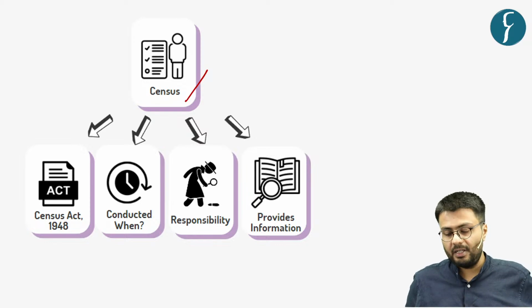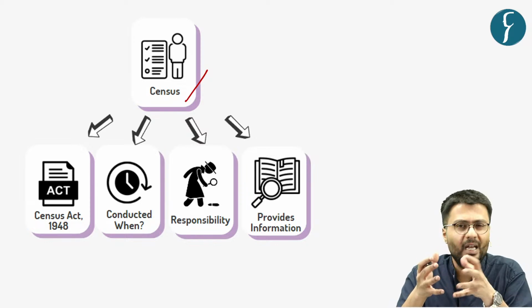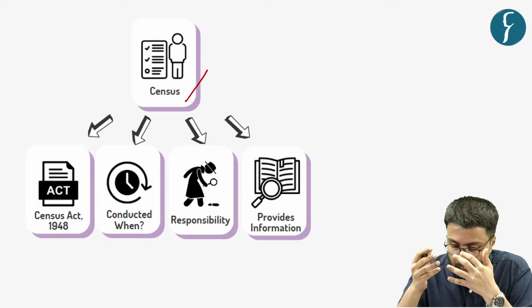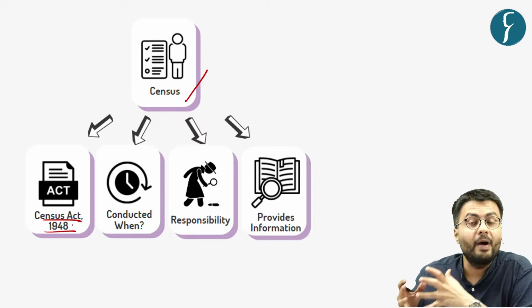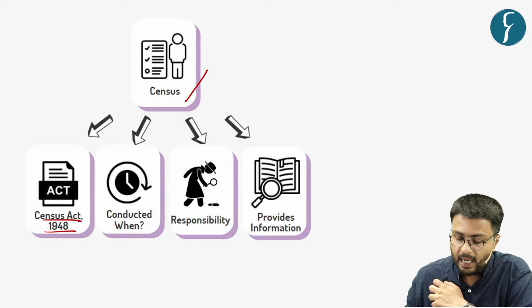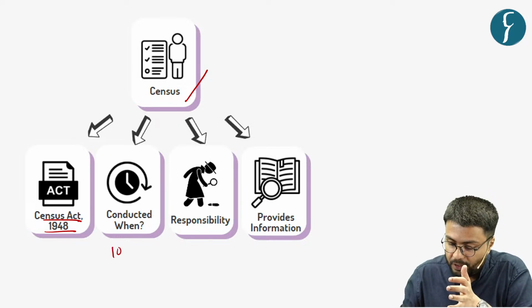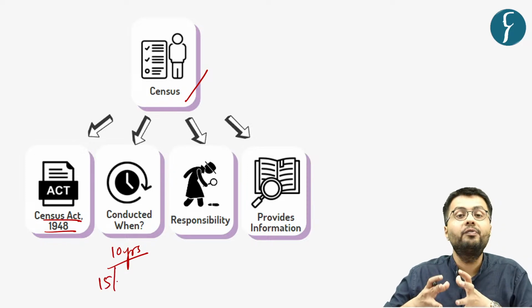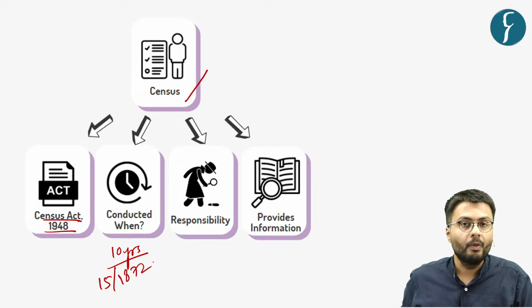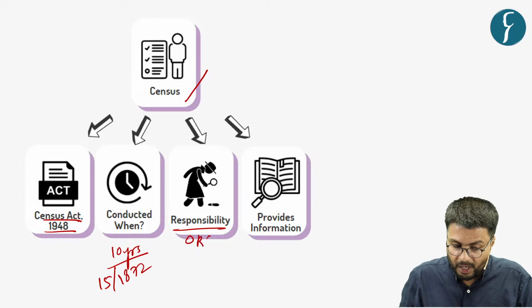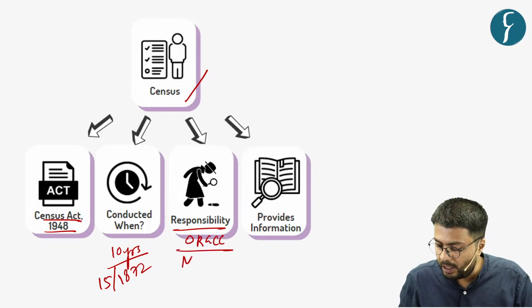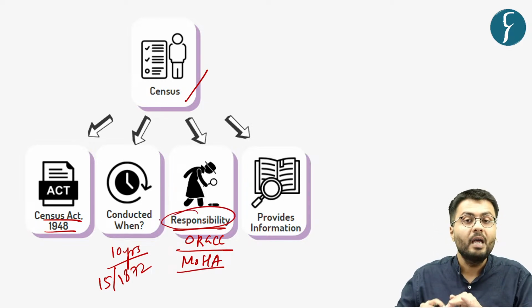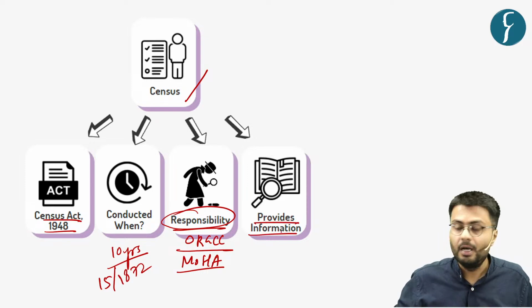Now this census exercise, at a basic level, is a complete enumeration of the country's population. The legal sanctity to this exercise is provided by the Census Act of the year 1948, and it is conducted every 10 years. It has been conducted 15 times and was first conducted in the year 1872. It is the office of the Registrar General and Census Commissioner, who functions under the Ministry of Home Affairs, that is responsible for conducting this census exercise, and this exercise provides information related to size,